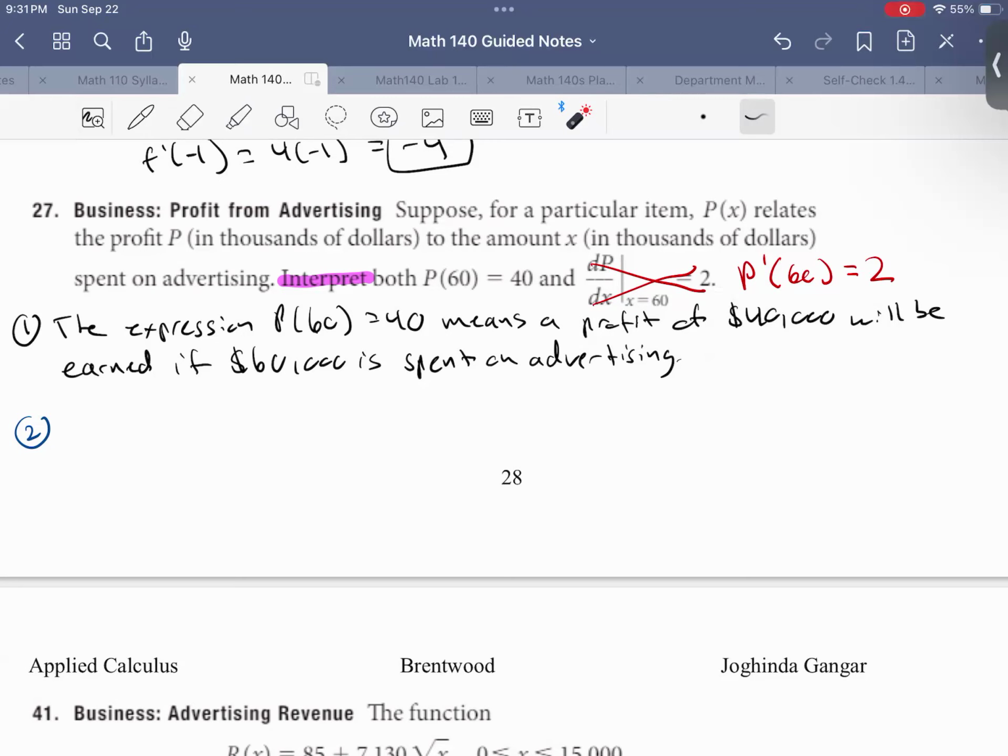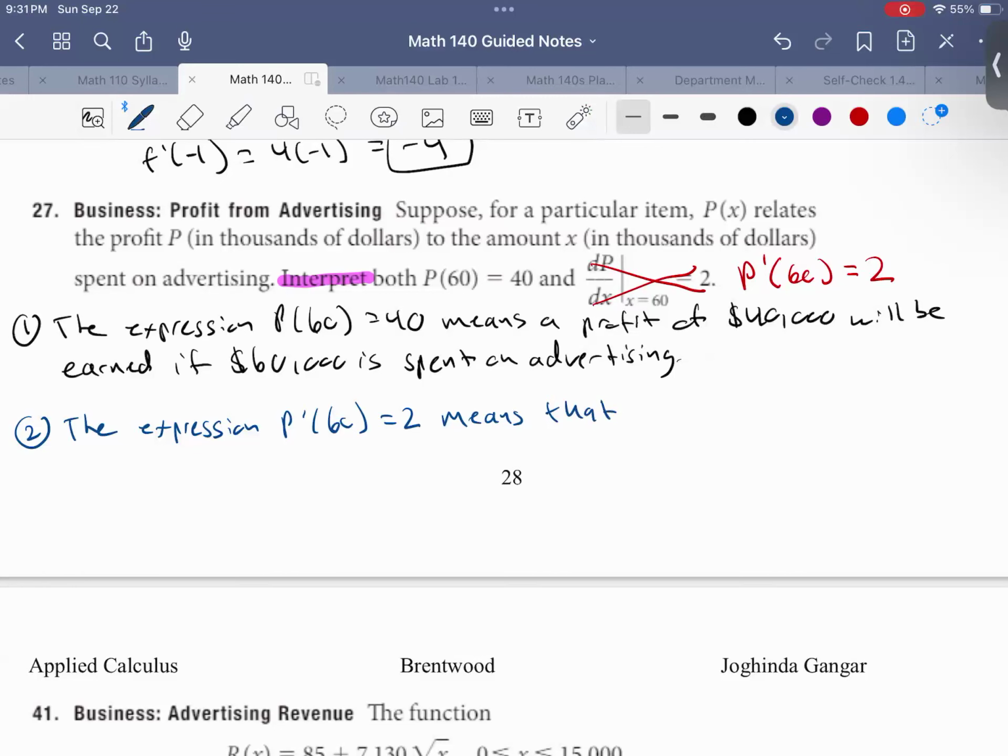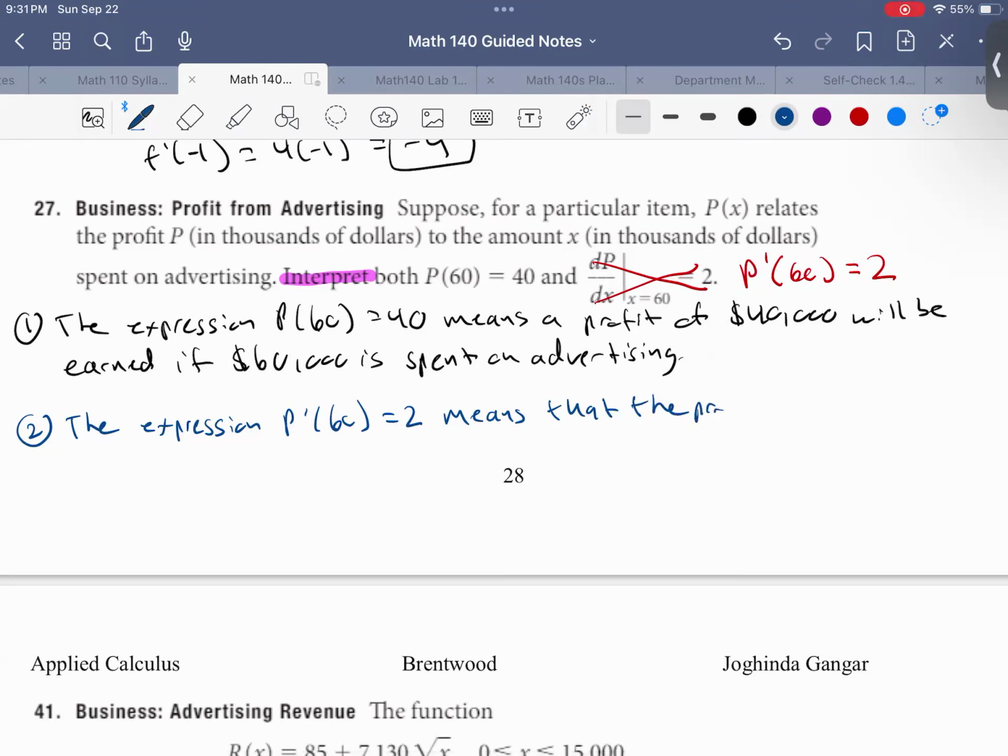So what this means is, when we're talking about profit and things like that, the expression p prime of 60 equals 2 means that the profit will increase by $2,000, right? We're talking about thousands of dollars, will increase by $2,000